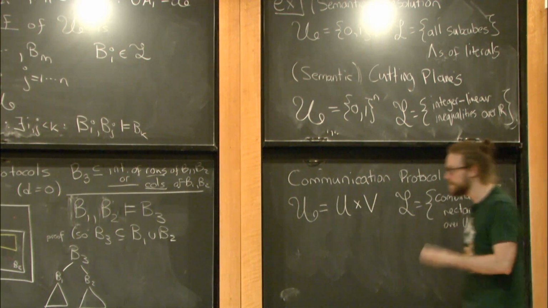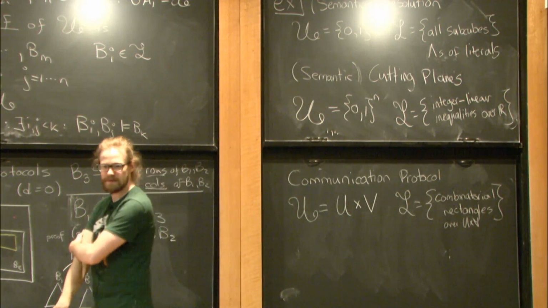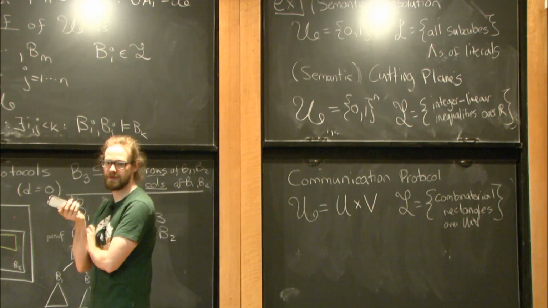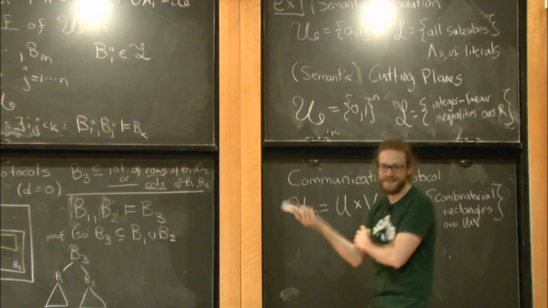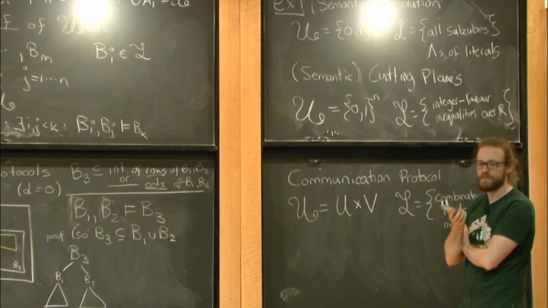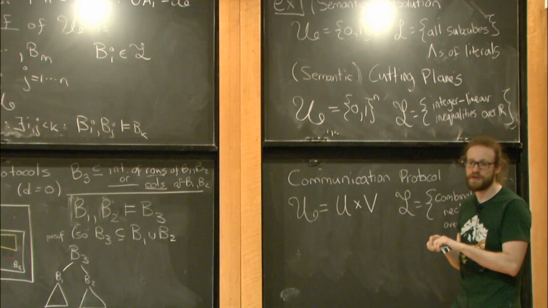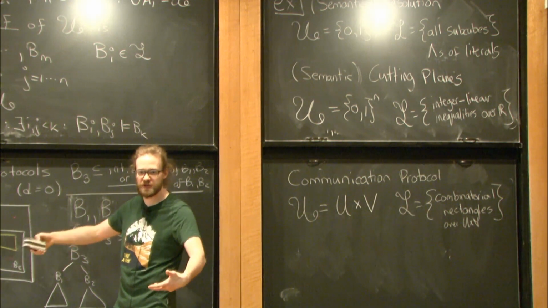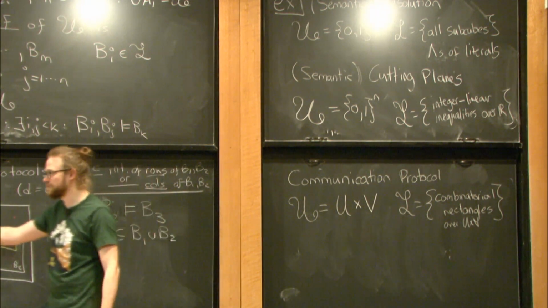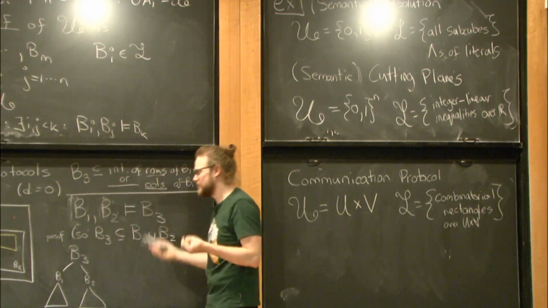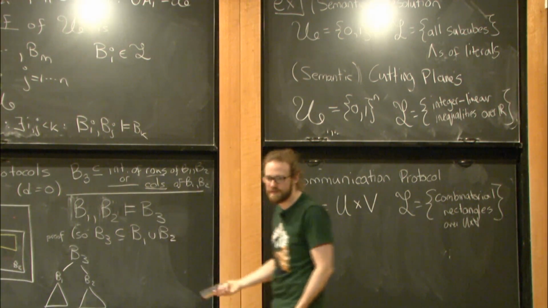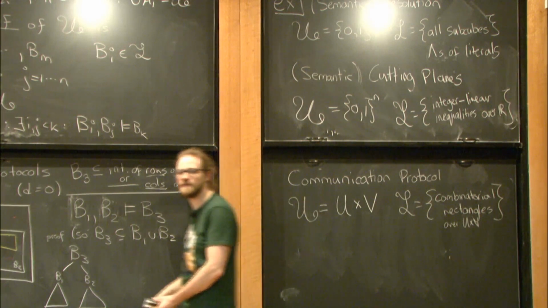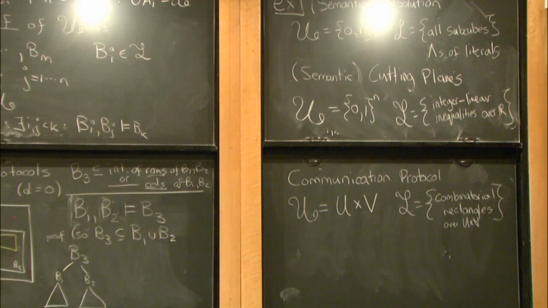When you drew your triangle of proofs, communication, and circuits, for proofs you have the semantic deductive systems, and for communication and circuits you have the Karchmer-Wigderson game. What is the connection between proofs? It's transitive, so it's not really a triangle, it's just communication in between. They're all the same object, through communication. The takeaway is that they're all mathematically equivalent. We proved that communication protocols are equivalent to formulas, and here we're proving it via communication. You could also prove it directly if you wanted, but if that's the way you like to think about it, then sure. The real message is that they're all the same object.